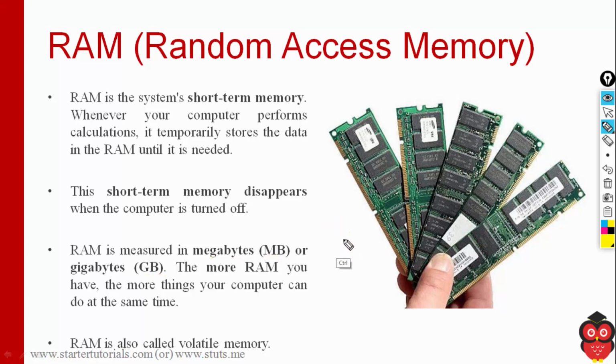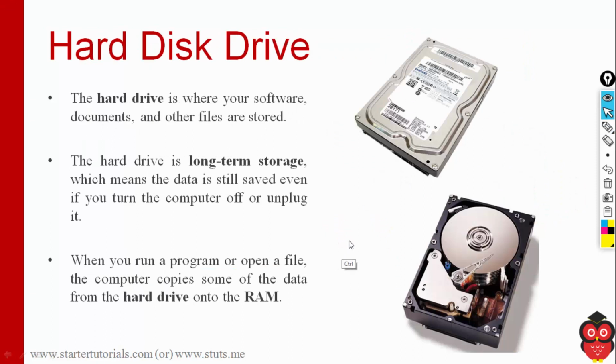And let's move on. To store data permanently in a computer, we will use another kind of memory called hard disk, which is where you store movies, music files, etc. You can access them whenever you want, even if the power goes off. That is why this hard disk is called long-term storage or non-volatile storage.